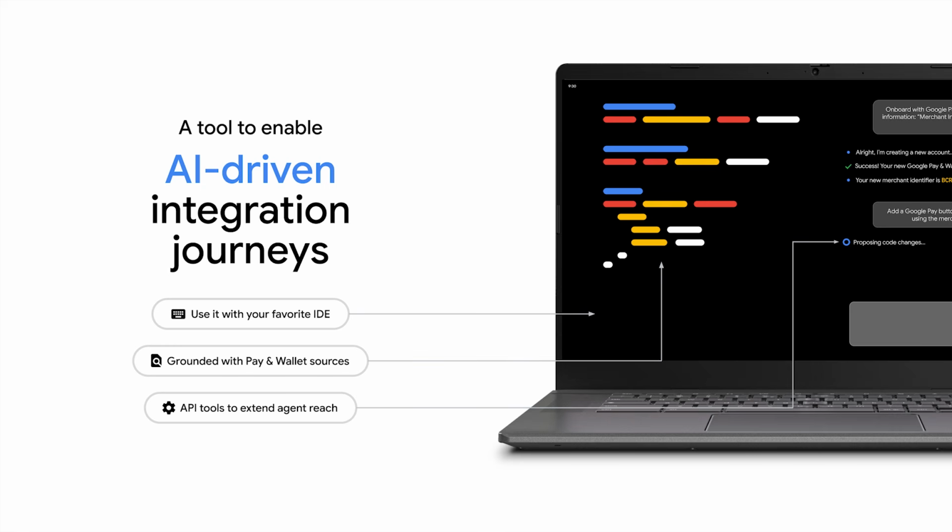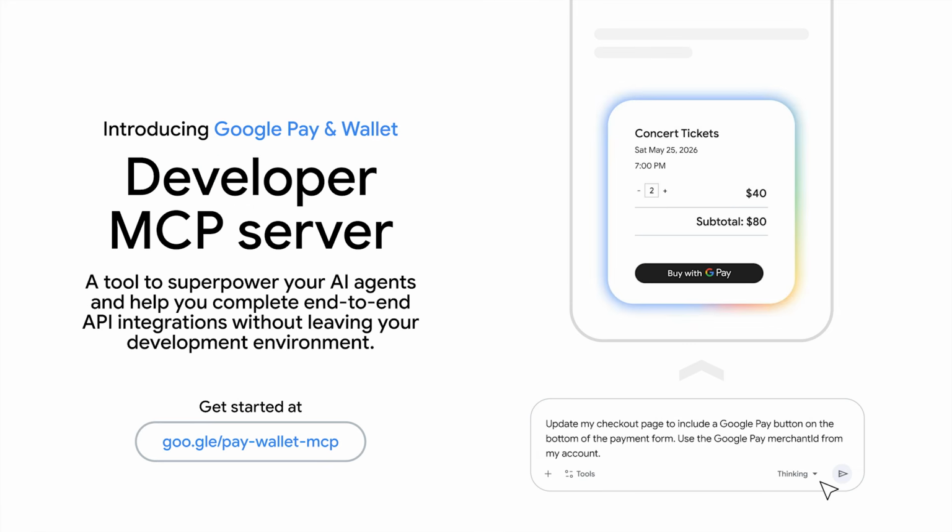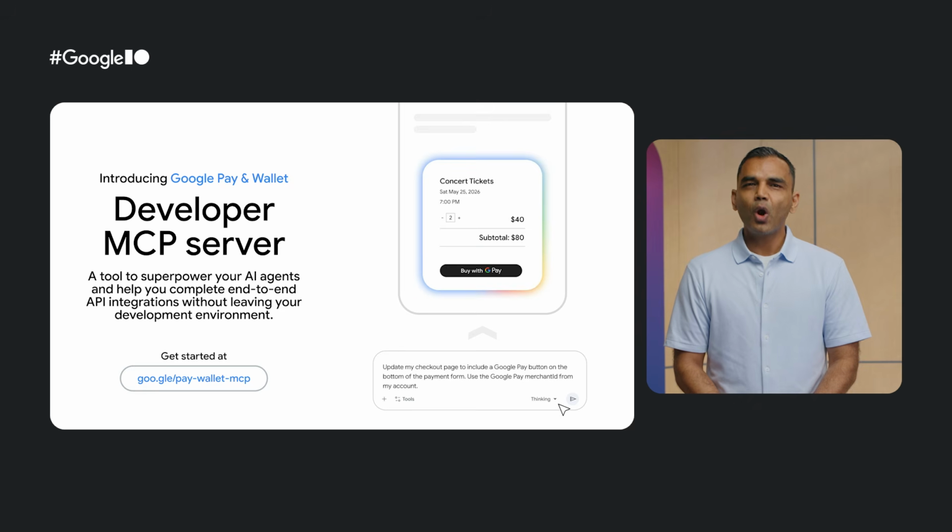Now, let's take a closer look at what the Google Pay and Wallet Developer MCP server looks like in practice. This is a tool that enables your AI agents to streamline the integration process and help you complete end-to-end API integrations without leaving your preferred development environment. The Google Pay and Wallet Developer MCP server includes tools to manage your integrations, troubleshoot errors, analyze trends, or generate code to add Google Pay and Google Wallet to your applications, all to simplify your integration workflows and accelerate the